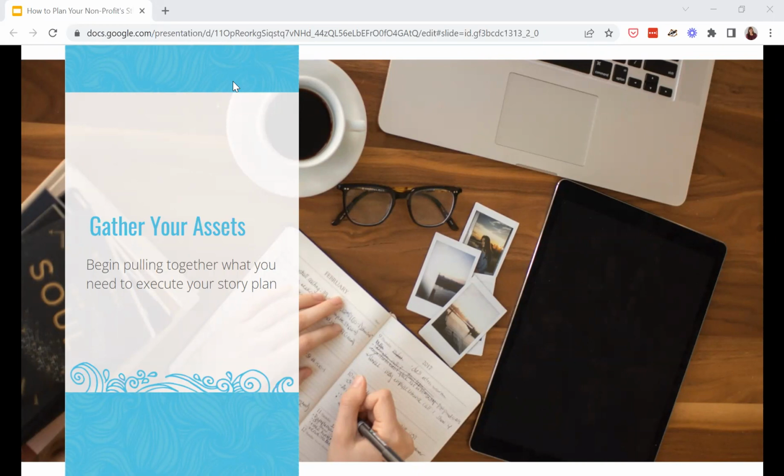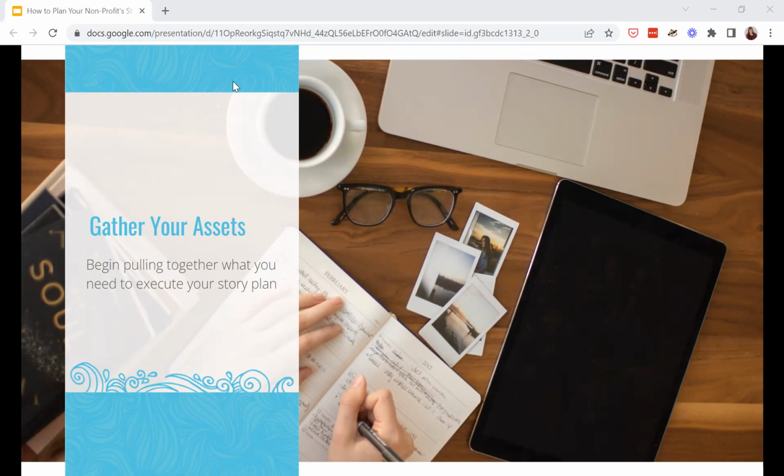Your next step in this process is to start gathering the assets so that you can actually execute this plan. This is all about where the rubber meets the road. You may need to gather and source your stories. You may need to set up interviews, maybe gather some photo or video content. All of these things can happen in this step of the process. For this part, I find it really helpful to make just a big list of all the content that I need and the steps I need to take to gather that content.